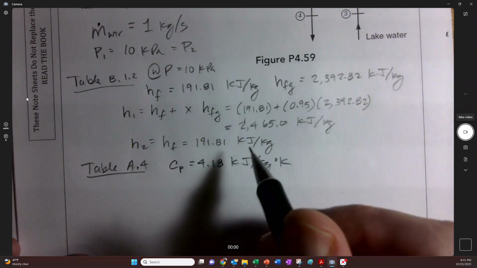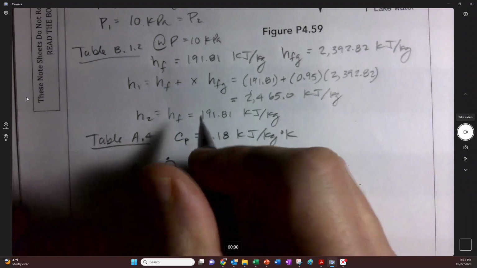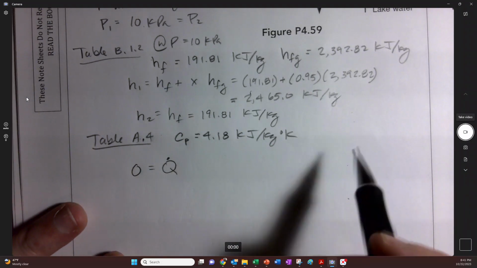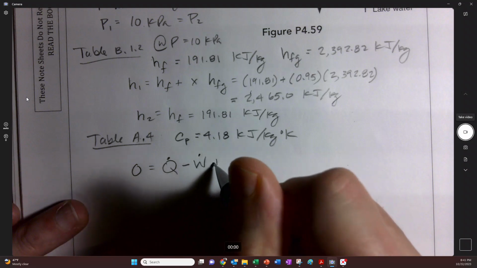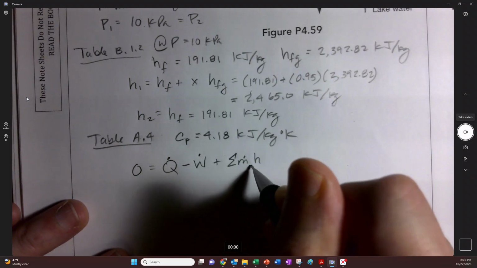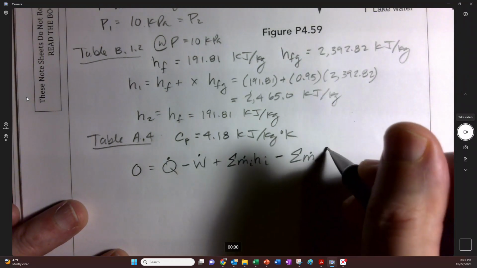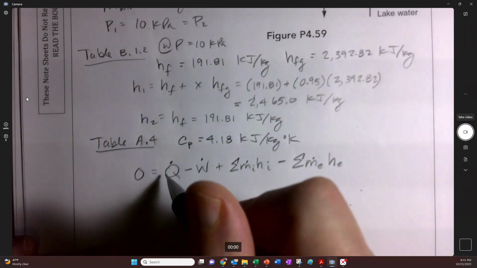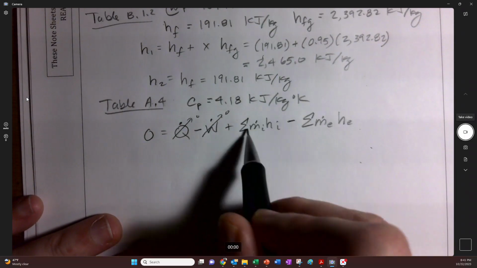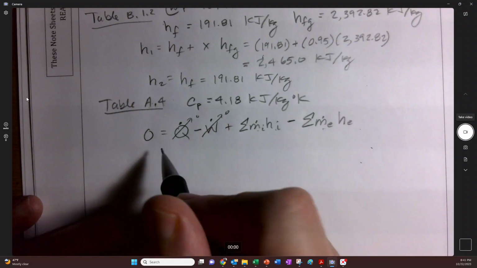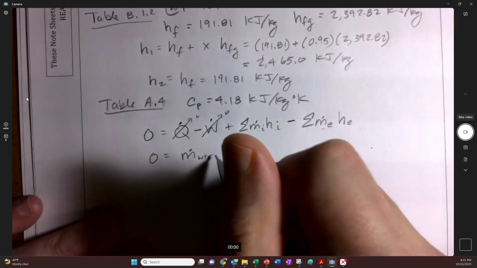So when it comes to a heat exchanger, right? I'll write it out. Okay, I'm sorry. I was getting lazy. Summation of m dot in h in minus summation of m dot exit h exit. We're going to say that the thing is insulated. There's no work done onto the thing. So we're going to have all of the in mass times the enthalpies of the ins, and mass times the enthalpies of the outs. So we're going to have m dot water coming in times its enthalpy h1